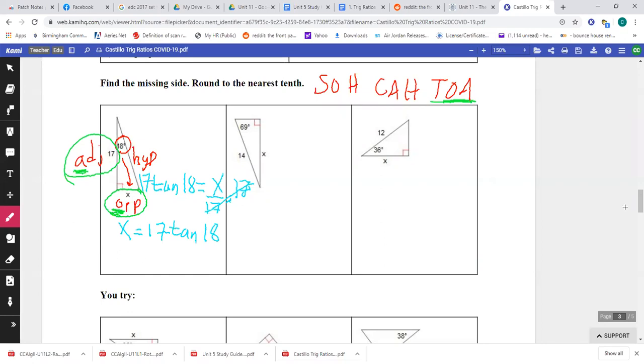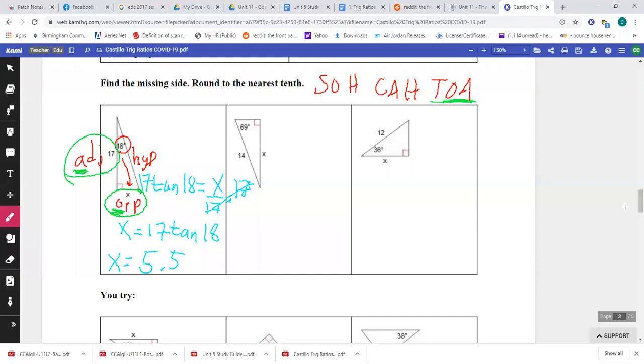You should get an answer, and it says round to the nearest 10th. You should get an answer like 5.523634 or something like that. So if I just round it, I get 5 point